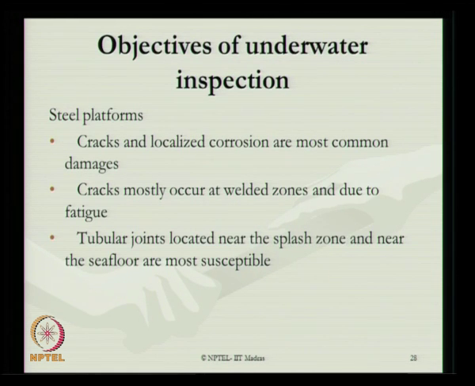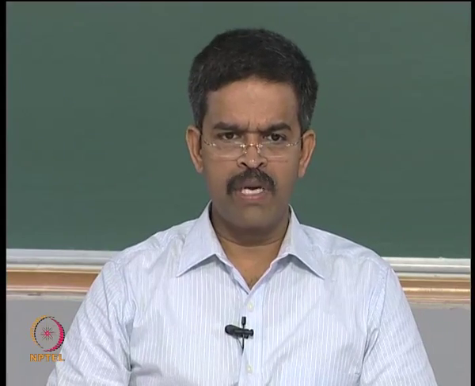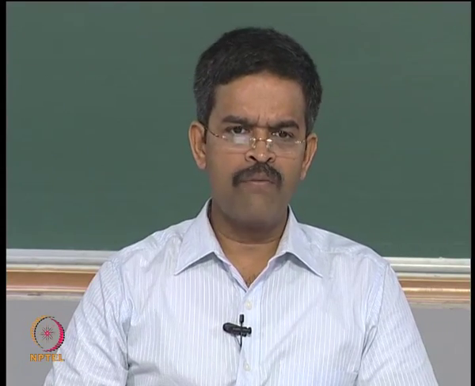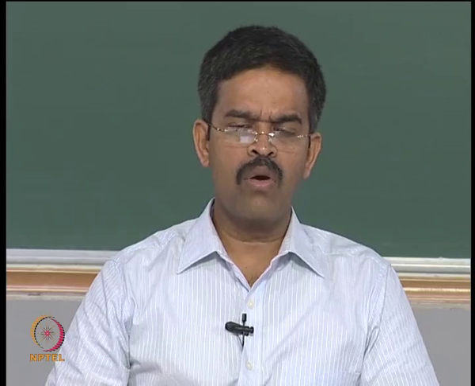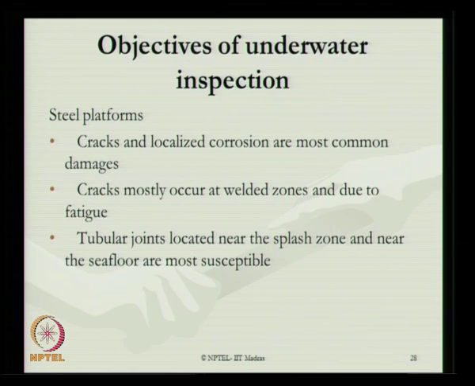If you look at the primary objectives of underwater inspection, if you look at steel platforms, then cracks and localized corrosion are the most common damages seen in steel platforms. Cracks mostly occur especially at welded zones or zones with high stress concentration factors. It can be essentially due to the fatigue which can occur on the joints. The tubular joints located near the splash zone and near the sea floor are most susceptible to this kind of